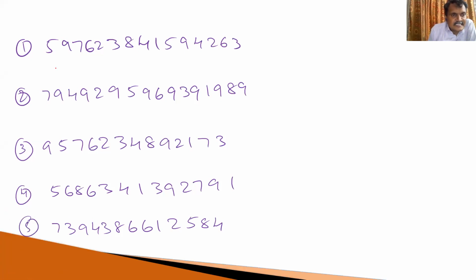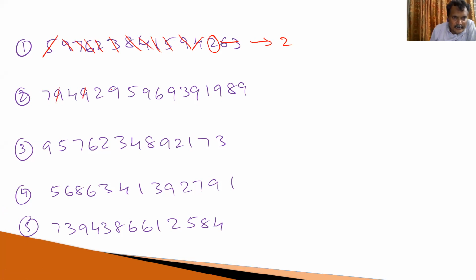What is the first step? Just cancel 9, or if the sum of two digits or three digits is equal to 9, just cancel that. 7 and 2, 6 and 3, 8 and 1, 5 and 4, 9, 6 and 3, 5 and 4, only one digit left. So what is the answer? Answer is equal to 2. All are correct.